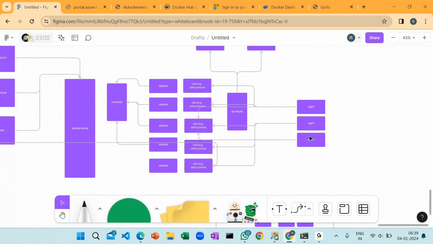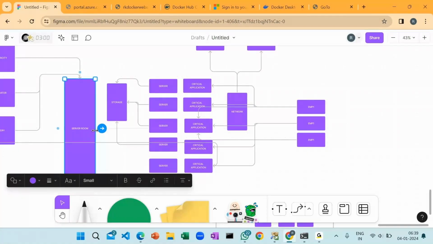So all those things are also applications for a company, and those applications generally get saved in your local environment, which we generally call a server. And when we talk about a server, all these critical applications get saved into something like a server room, right? That's the concept which we are seeing right now. This employee is connected with multiple critical applications. Every application is stored on the server, and whatever we are talking about here is stored inside